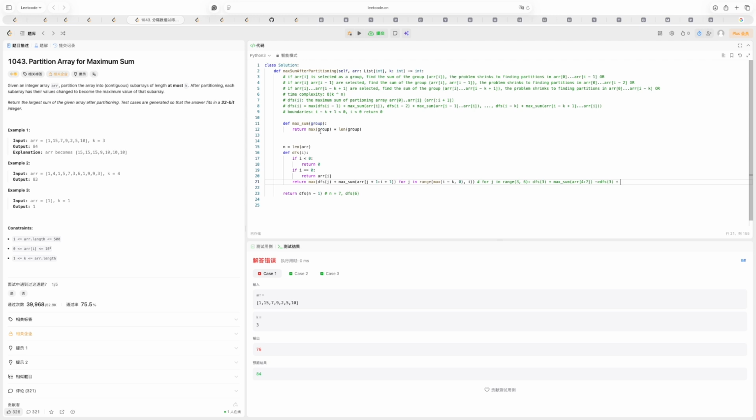It is 10. So 10 multiplied by the length of the group, which is 3, is 30. Okay, so the DFS 3 will be,